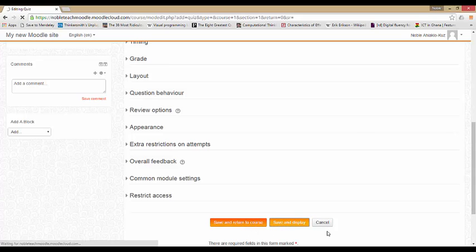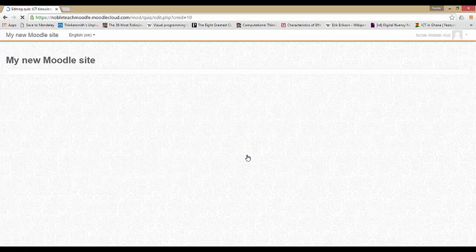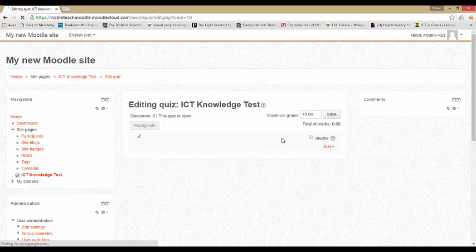So click on save. So here we are, ICT knowledge test. This is to test your prior knowledge in ICT. So we have no quiz activities, it's a blank quiz, and so all we have to do is to add a quiz. To do this, we click on edit quiz, where we get to add our questions to the quiz. There are multiple question types that you can add to your quiz. The first option we have here is the maximum grade. You can specify this by changing the value 100 or 10. Let's leave that at 10. Then we can add